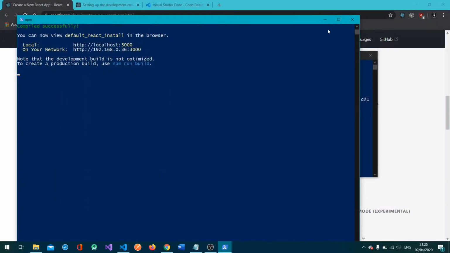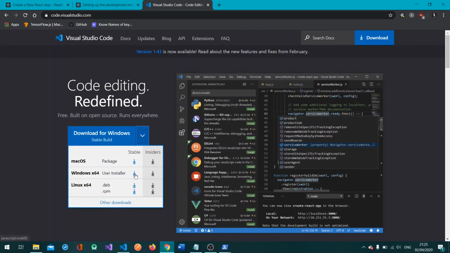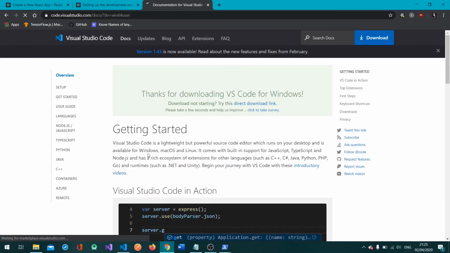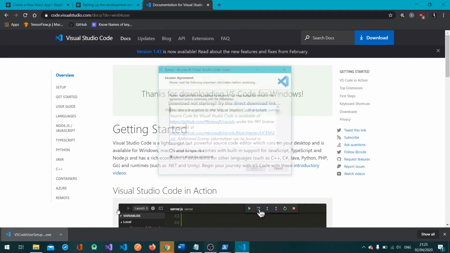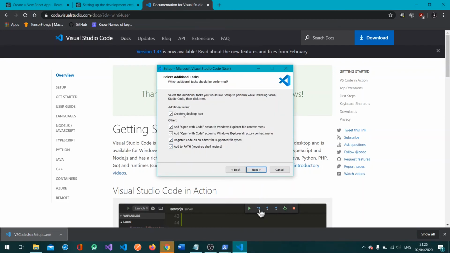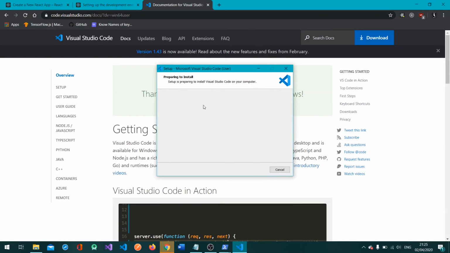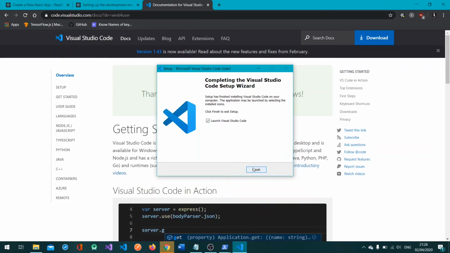Okay, so it's very simple to install Visual Studio Code. You just go to the Visual Studio Code website and you click download depending on your system. I'm just gonna choose Windows. The file has been downloaded. Okay, you just need to accept the license. I just tick all the boxes, and from here we're just installing. Now it's launching,